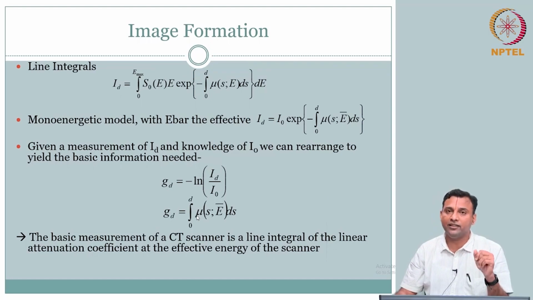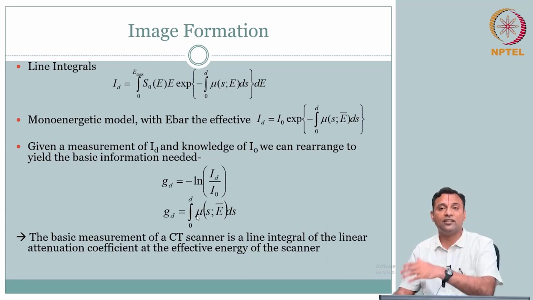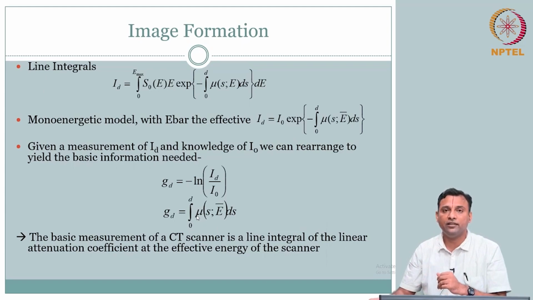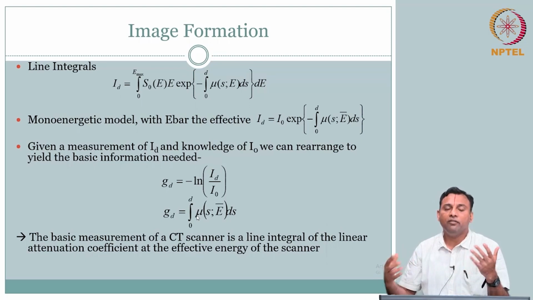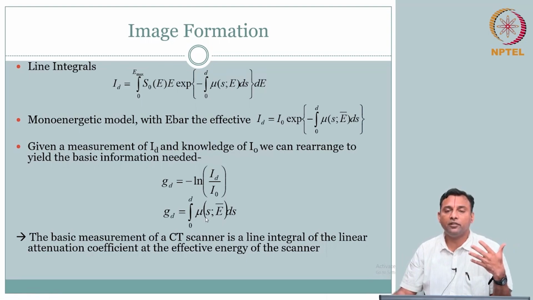Or it is the same patient, I go to one scanner in one hospital location, then go to another scanner in another hospital location, or over time, any of this will give me different mu's, or at least there is a possibility to give different mu's. So it is not just that we have GD and can get mu. If you get mu, the mu is influenced by all the other factors, and therefore it may still not be as useful. And therefore, what is done is